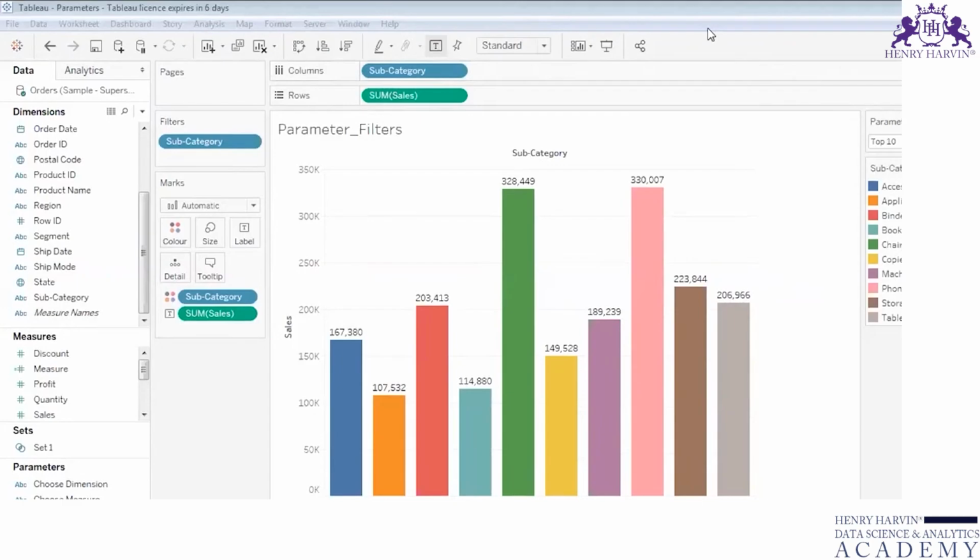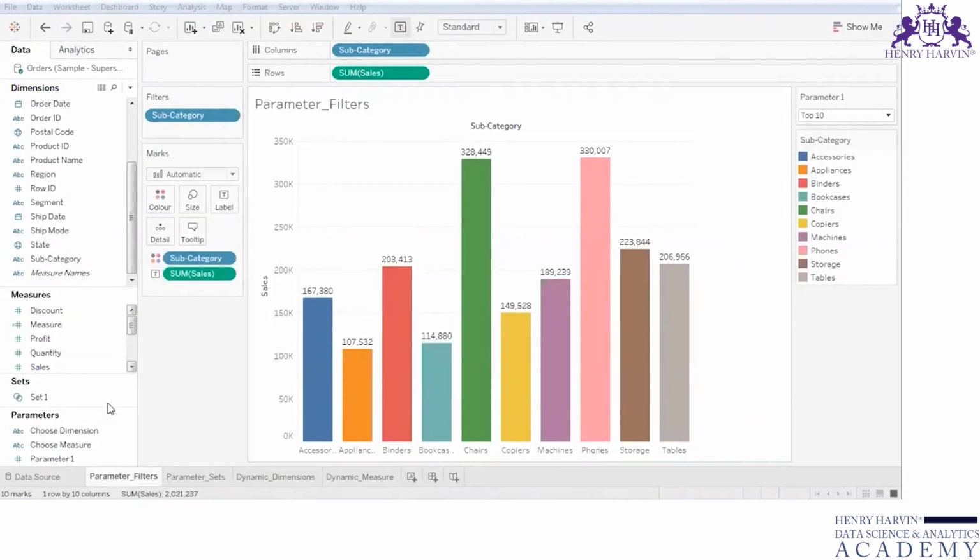These parameters can be used in multiple ways in our Tableau workbook. If you see my sheets over here, first of all, I'll tell you how to use parameter as a filter in my Tableau workbook. Then we'll see how parameters, when combined with sets, make our visualization quite interactive. And then we'll see how using parameters I can even have my dimensions in the drop down and change the